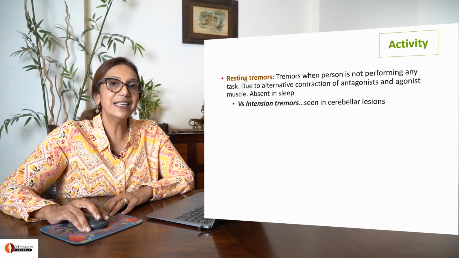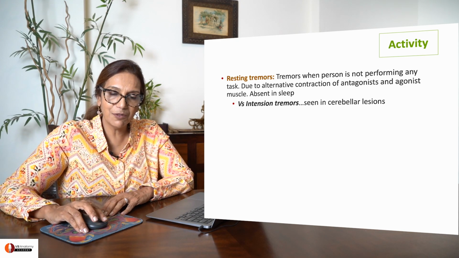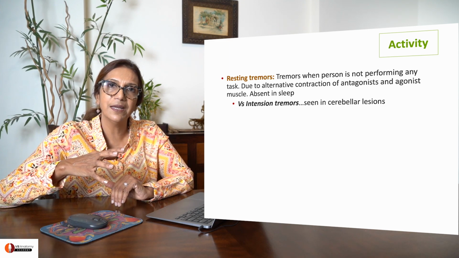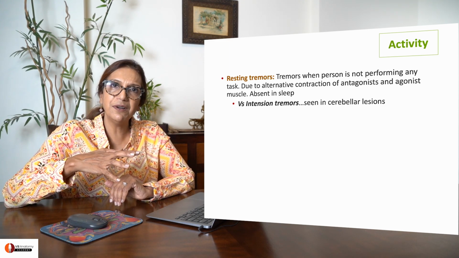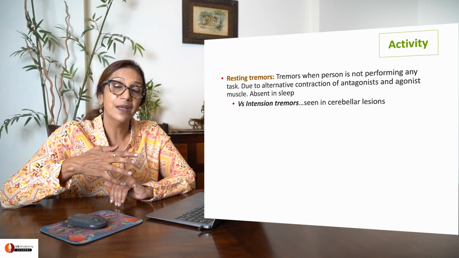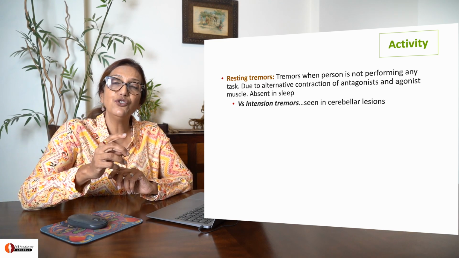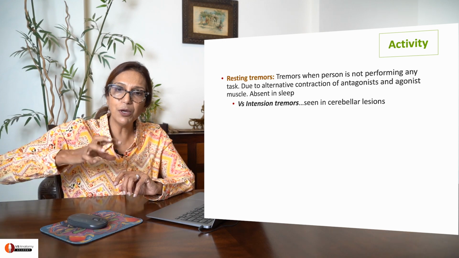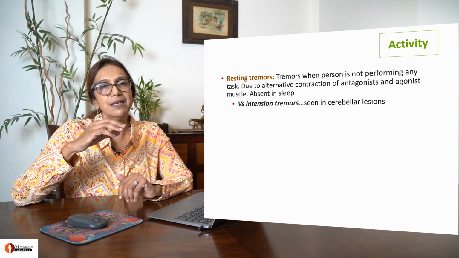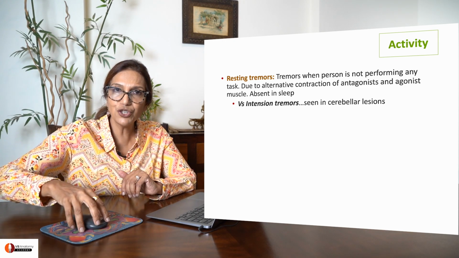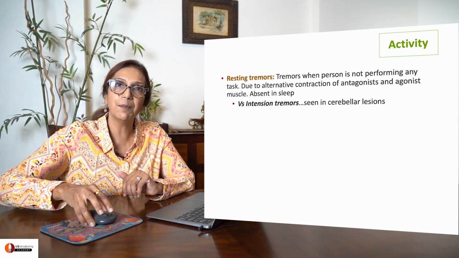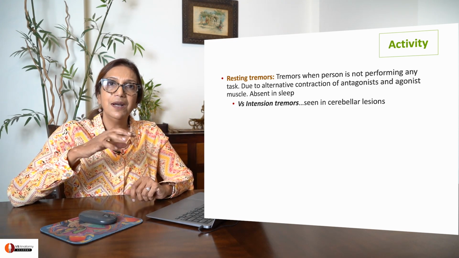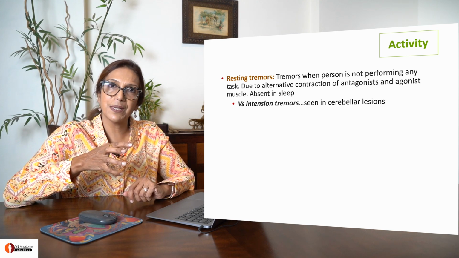Let's understand. Resting tremors. Imagine that you're sitting in one place and your hand is all the time trembling. This is what happens. There's a constant tremor in his or her hand. You have to compare this to intention tremor. In a patient with cerebellar lesion, when he goes to pick up the mouse, the hand begins to tremble. Otherwise, it's comfortable. But intention of any action will result in a tremor. Intention tremor. What happens in Parkinsonism? Tremor at rest, resting tremors.